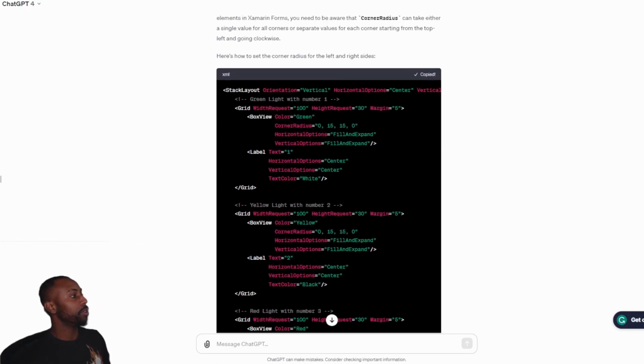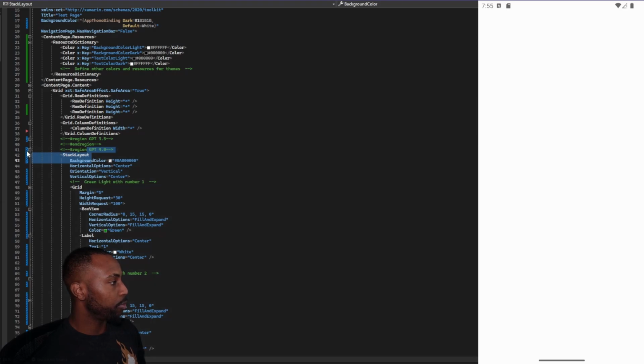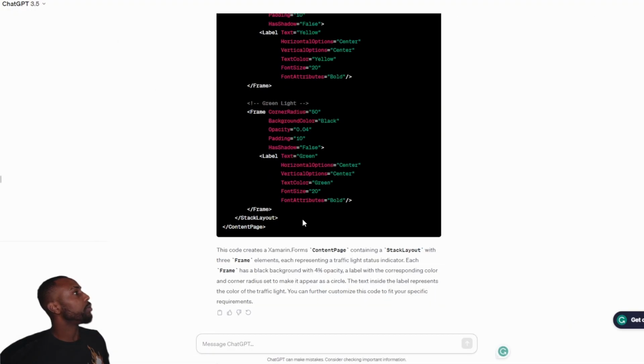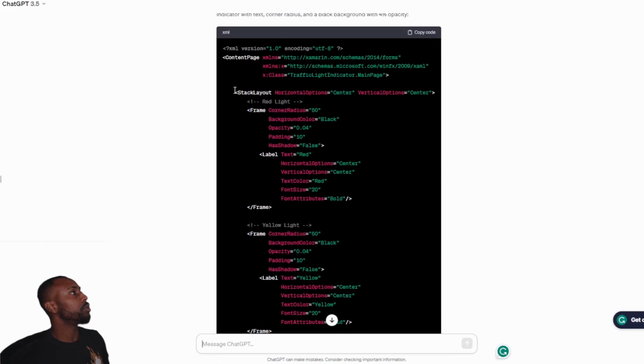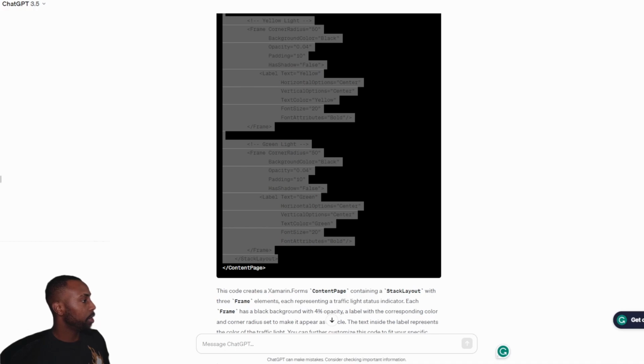So what we do is that we copy this code, we put it in here. So put that code in there, GPT 4.0. Then we go into ChatGPT 3.5. Oh, it gave us some code. All right, okay. It did some stuff. It used frame instead of grid. Okay, interesting. Then we put it in there. And then what we do is that we put the ChatGPT 3.5 one here, and then we're going to put this one in